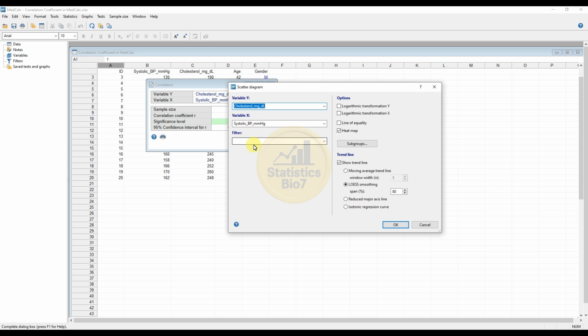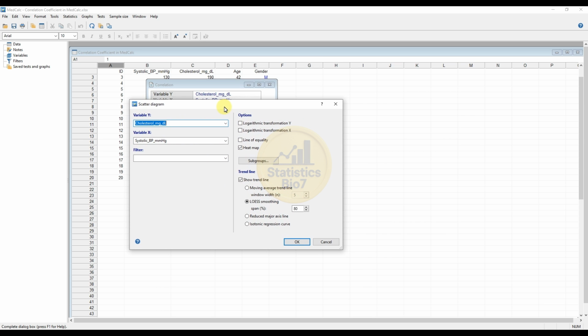Then leave the filter box. On the right side of the scatter diagram dialog box in the options menu, the logarithmic transformation Y and X are also the same for our data, to handle the skewed distributions. Another one is the line of equality. Then I selected the checkbox for the heat map density overlay,